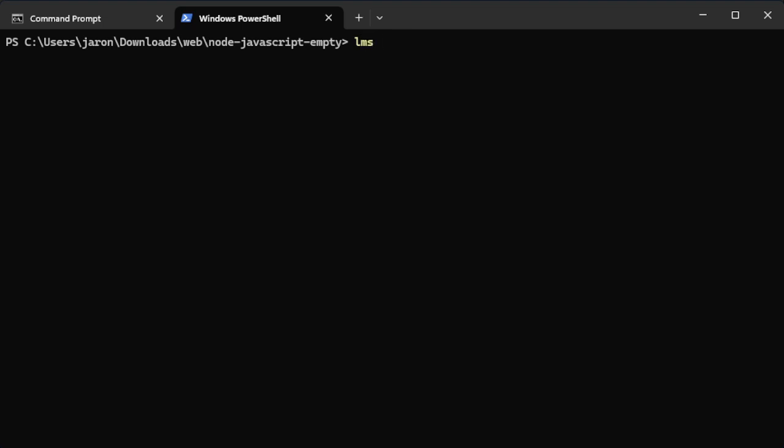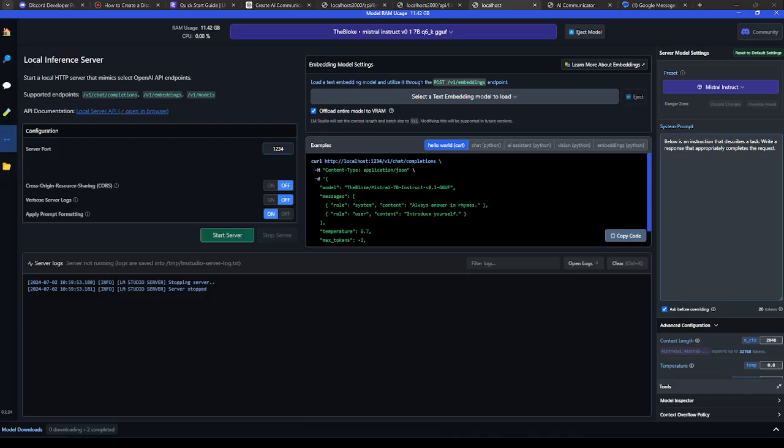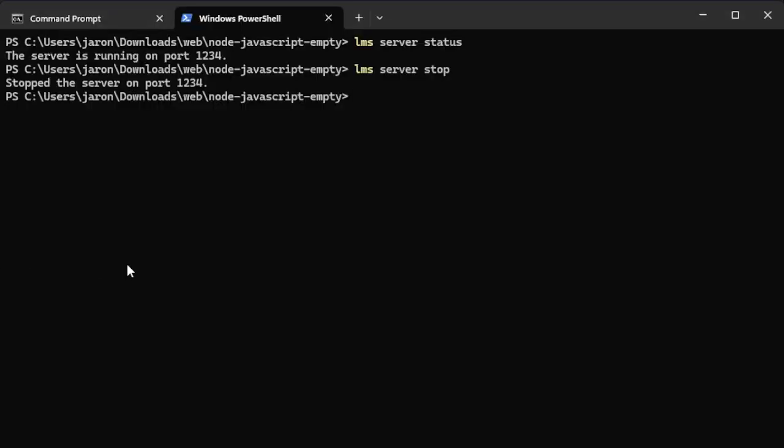So basically we're going to start off with the LM server status. I have the server running, so that will change my, if I go over here, it'll just say stop the server. Right here. Then if we run the terminal command to start the server,